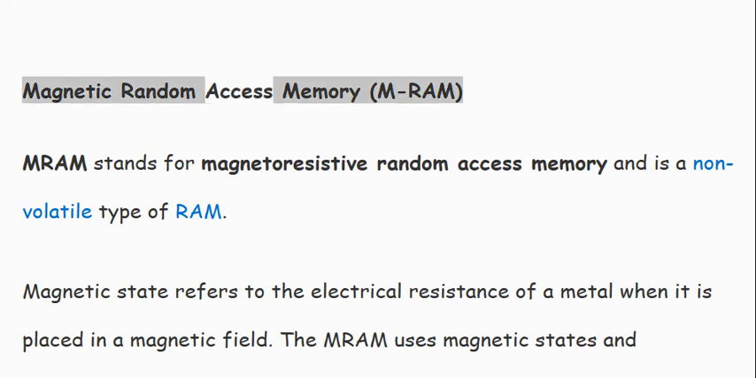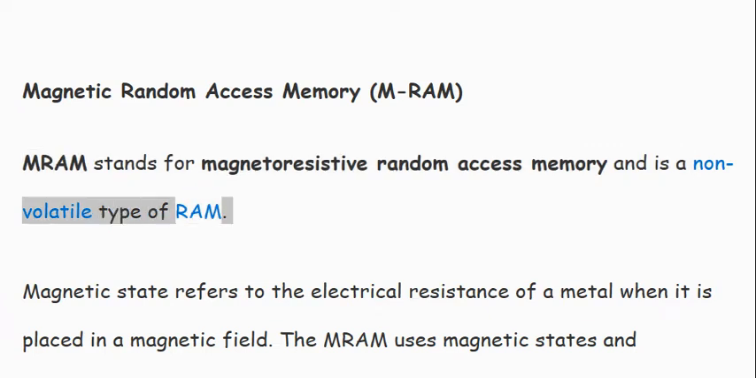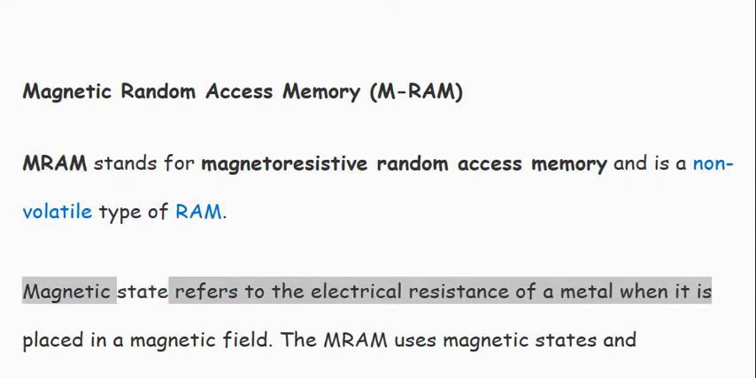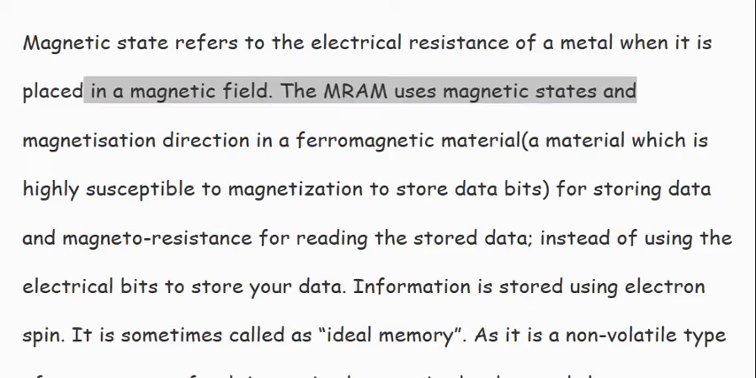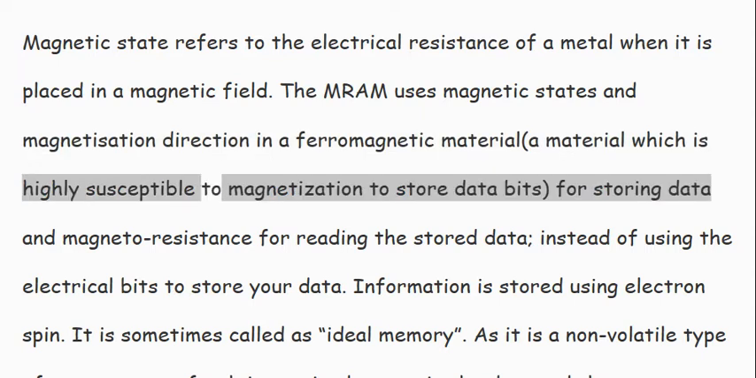Magnetic Random Access Memory (MRAM). MRAM stands for Magnetoresistive Random Access Memory and is a non-volatile type of RAM. Magnetoresistance refers to the change in electrical resistance of a metal when it is placed in a magnetic field. MRAM uses magnetic states and magnetization direction in a ferromagnetic material, a material which is highly susceptible to magnetization,